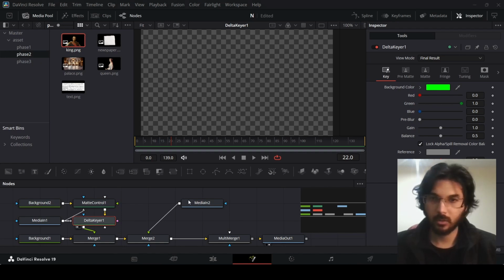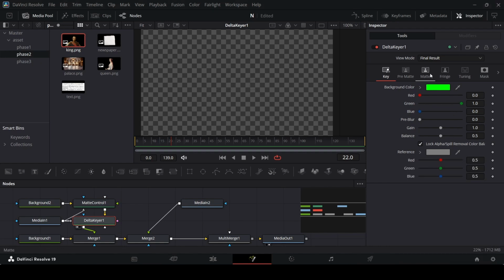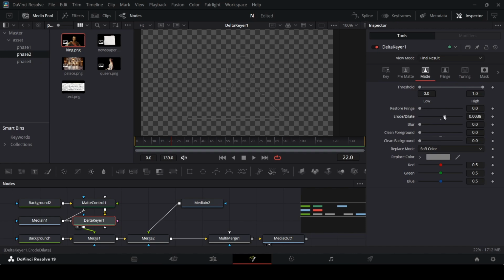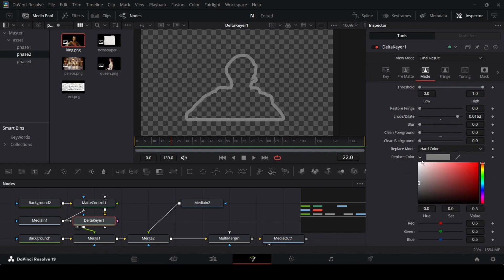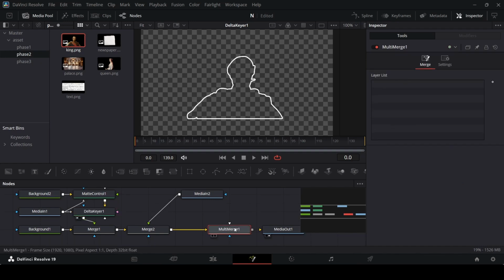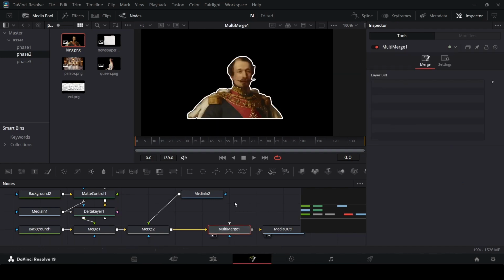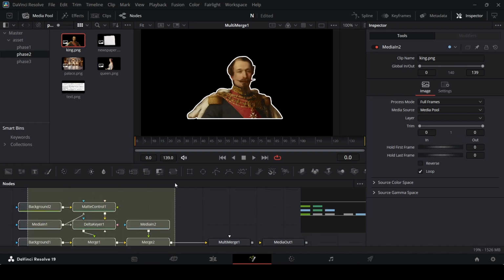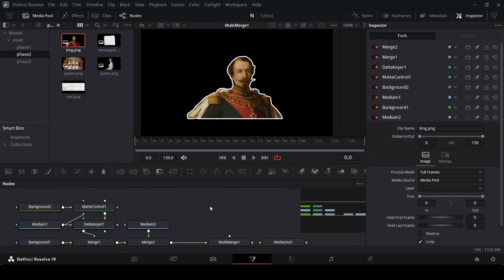Okay, now we're going to add the outline. So for this, go over to matte, and from here you can change the erode dilate, and here you can see an outline. Now change the soft color to hard color and just change the color to white. Okay, so go back to delta keyer. So I'm going to change the erode dilate settings to 0.005, and this is how it will look. Now let's go back to the multi-merge, select this and press 1, and here you can see this is the outline. Now you can just leave this because now we can just animate this together,